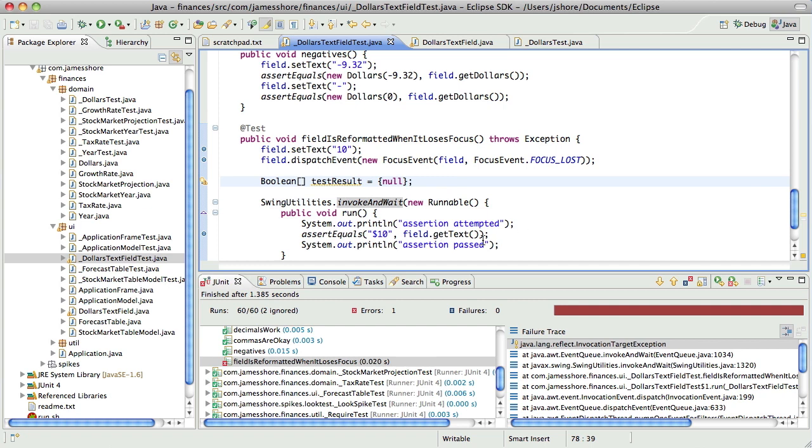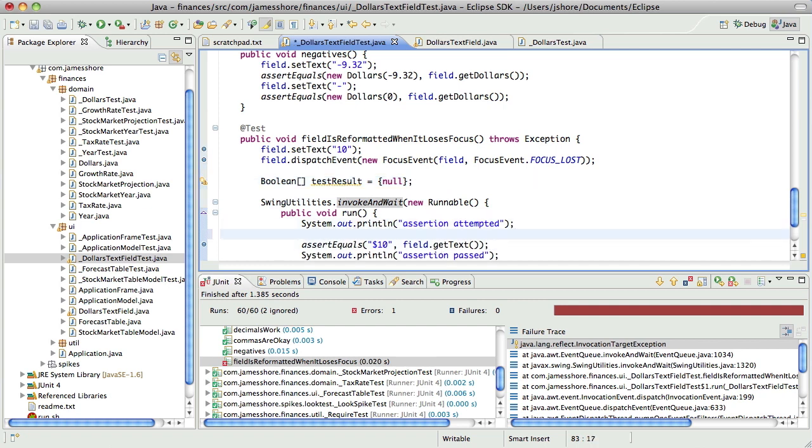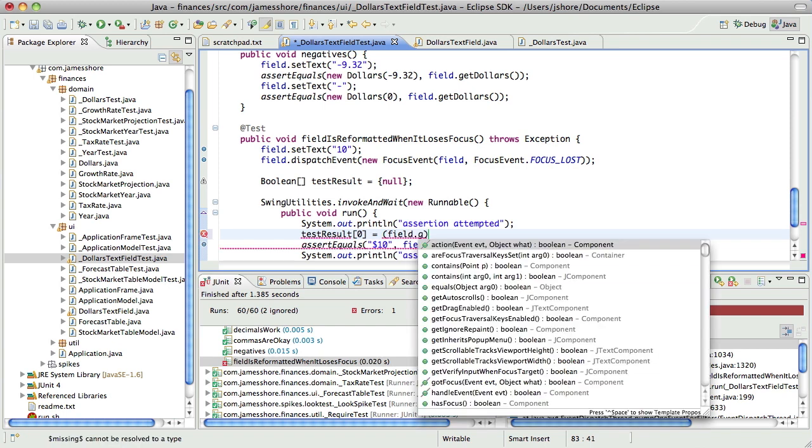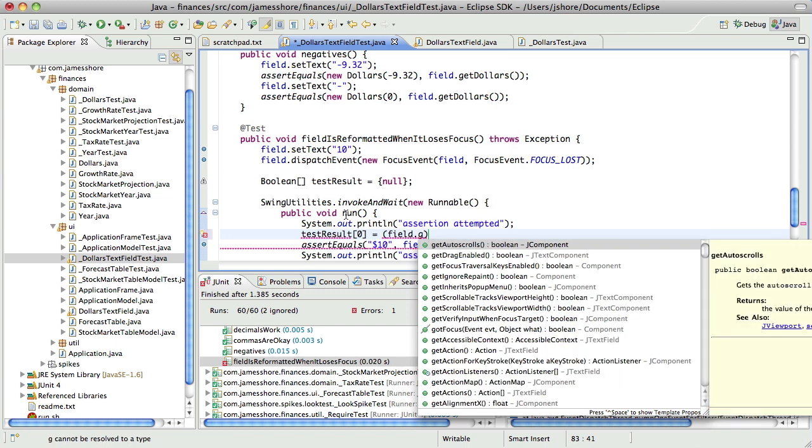I don't know if I got the syntax right there. Let's just make that a string. Sorry, Eclipse is pausing to contemplate the nature of Swing and all the methods inside of it. We'll just wait for that to go through. All right.